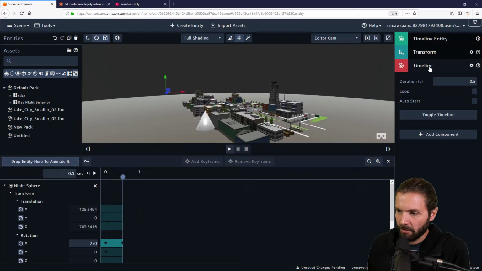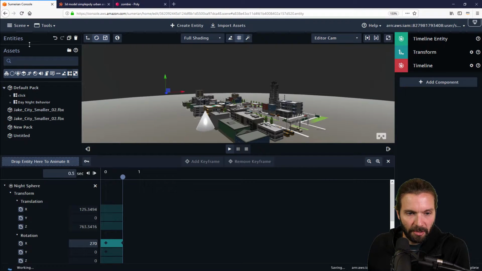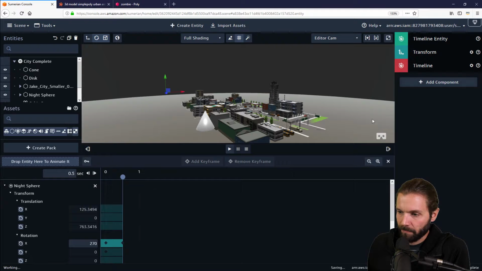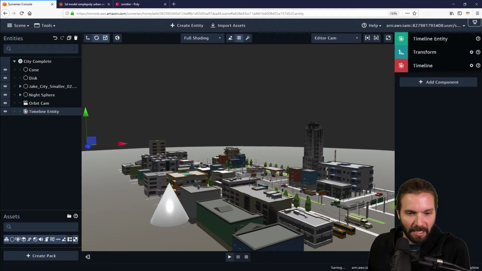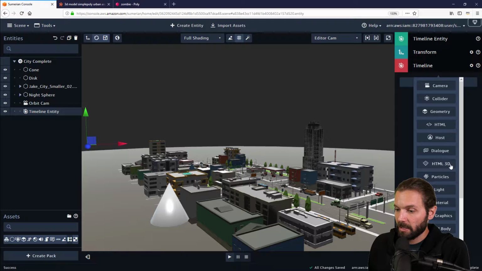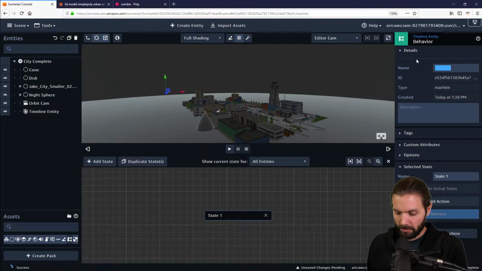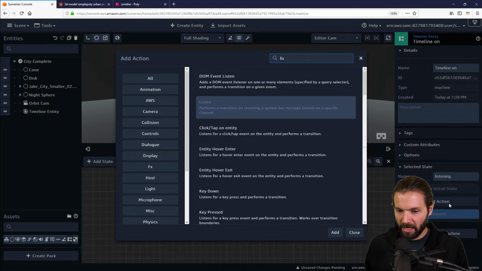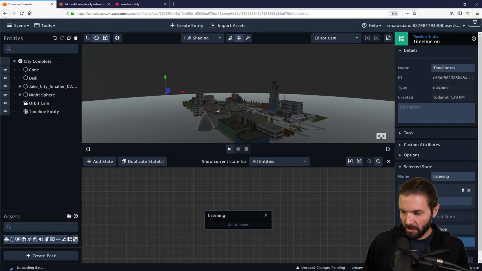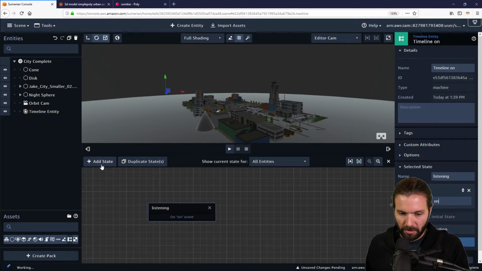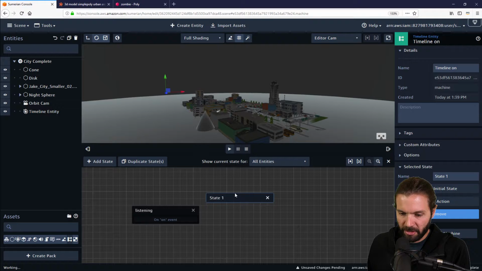All right, now we need to add. We're going to close out this timeline. We're going to add a state machine to the timeline to fire it. And this is going to be called the timeline on behavior. And it's going to be listening. And we're going to do the listen action to be on. And we're going to add a state which is